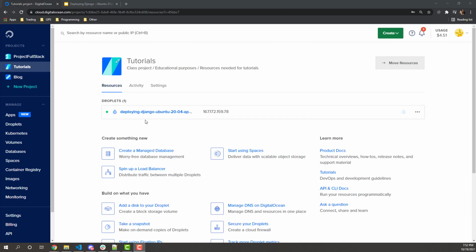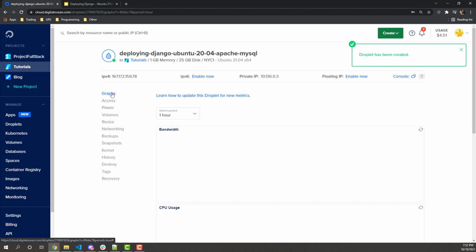All right, so it looks like it's done. You'll see here it shows me my droplet name. It shows me an IP address. So copy paste this, keep it handy because you're going to need it for several different things we're doing here. Other than that, if you want to get more information about it, you can click on it and you can